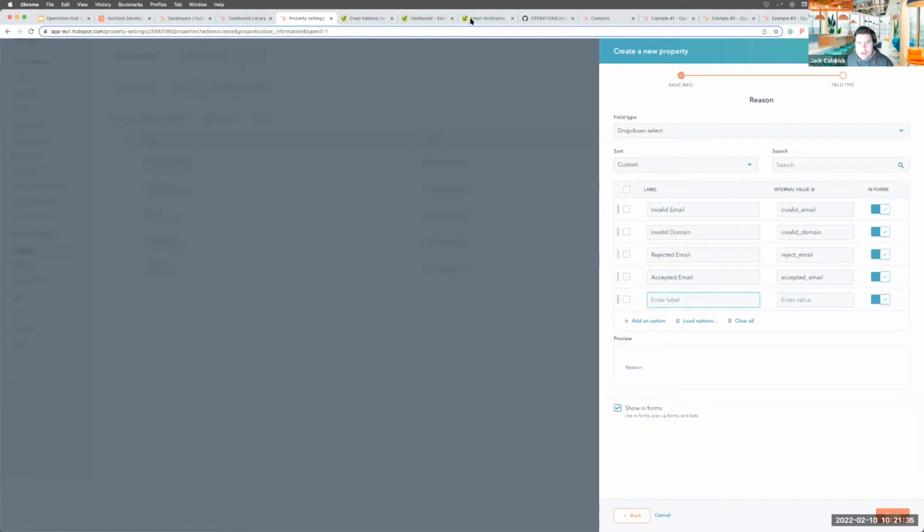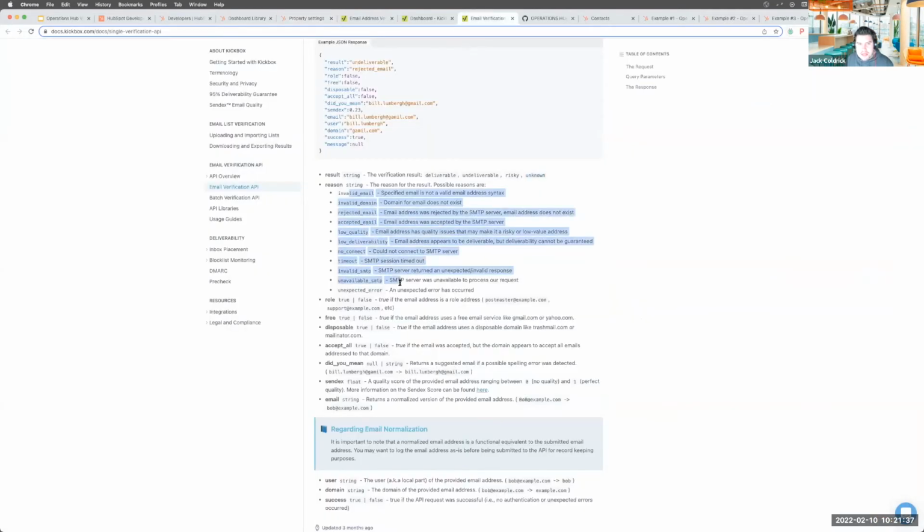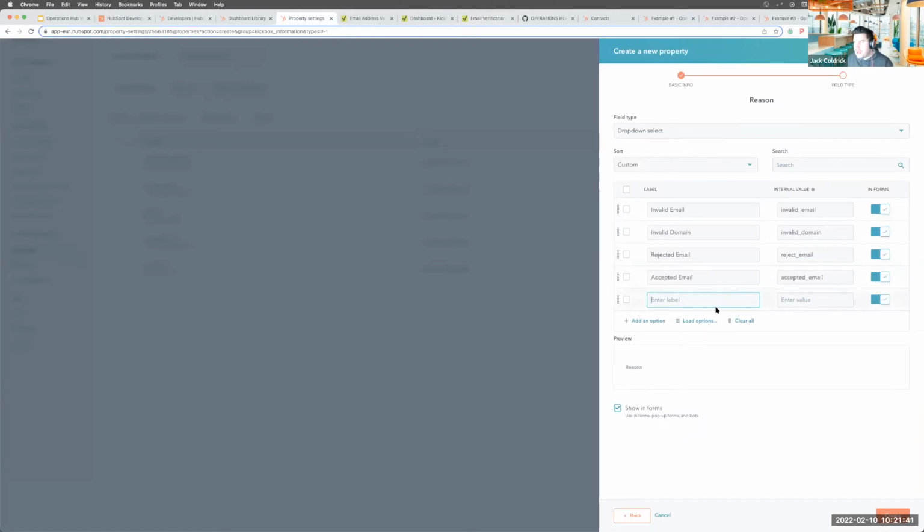For reference, again, it's all found here. This is basically the list I'm referencing. This is what we're trying to input as our property values. We also have whether it's low quality, a low quality email address, where deliverability is questionable, and for all intents and purposes, you'd likely,